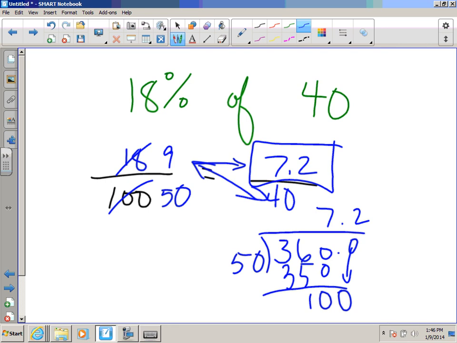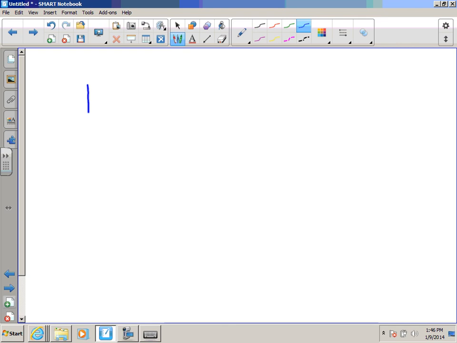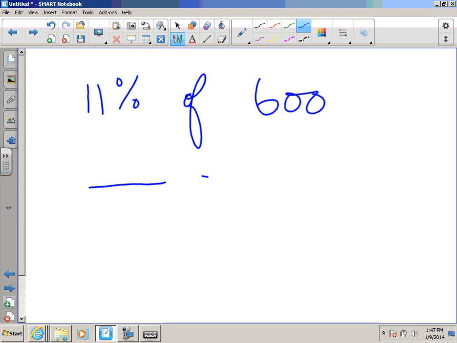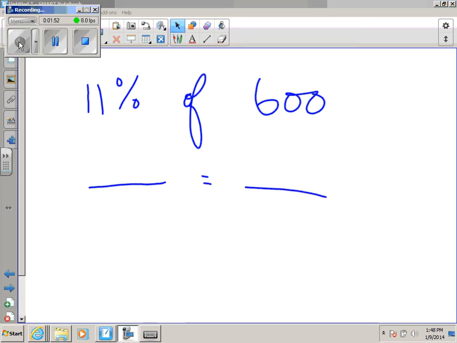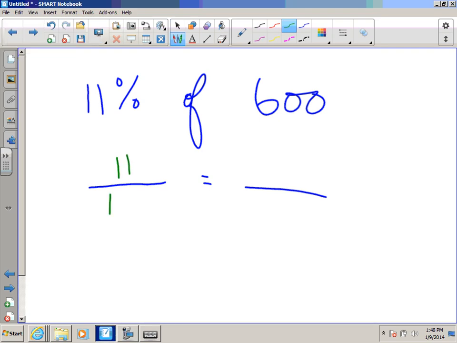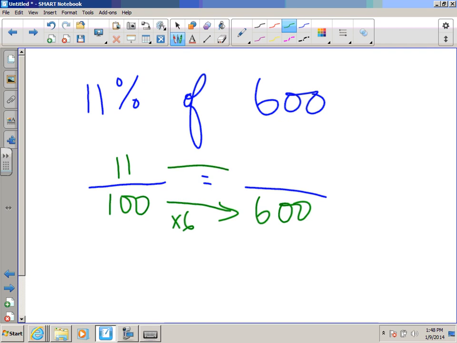Try 11% of 600. So 11%, 11 over 100 of 600. Here, we're lucky because there is a relationship. 100 times 6 is 600. Therefore, what happens at the bottom was also what happens at the top. 11 times 6